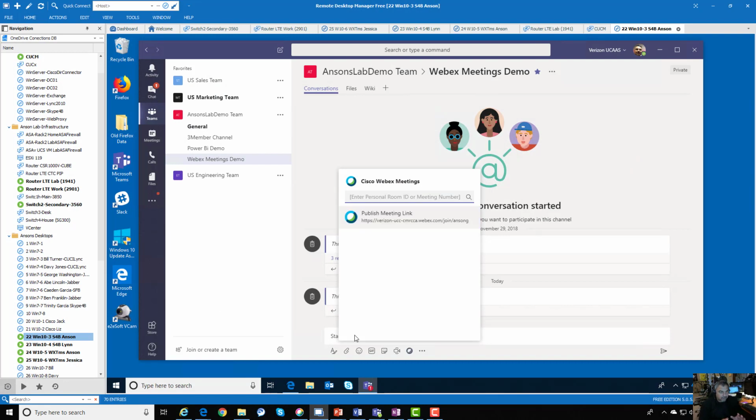If you're not this technical and just want to see how things work with this, go ahead and skip forward. For you technical folks, what happened here is when I published this, the bot has some intelligence in the background. And what it did is go out to grab my name. It knows that I added the bot. It grabbed my username, which for my Teams is